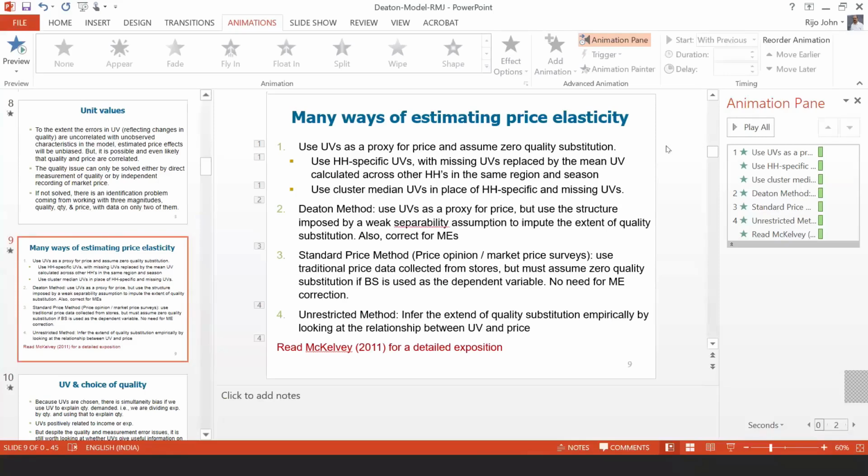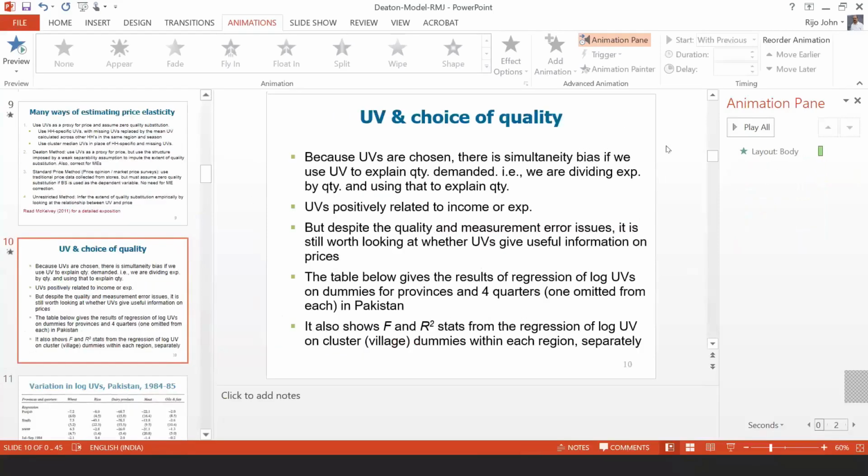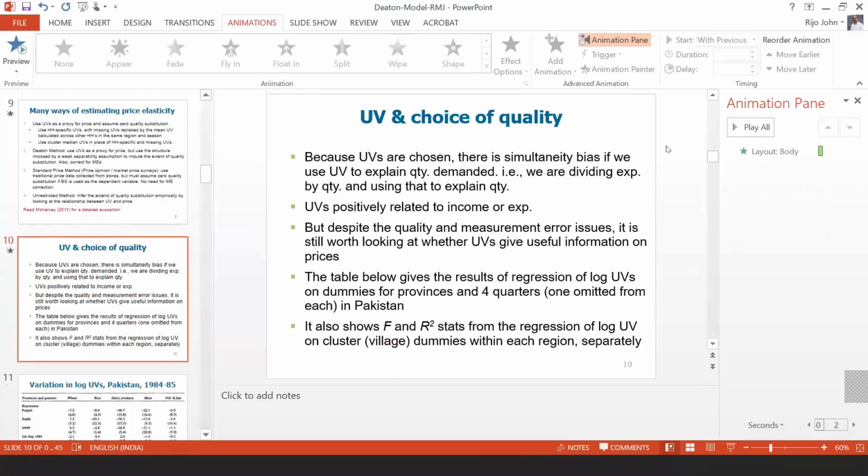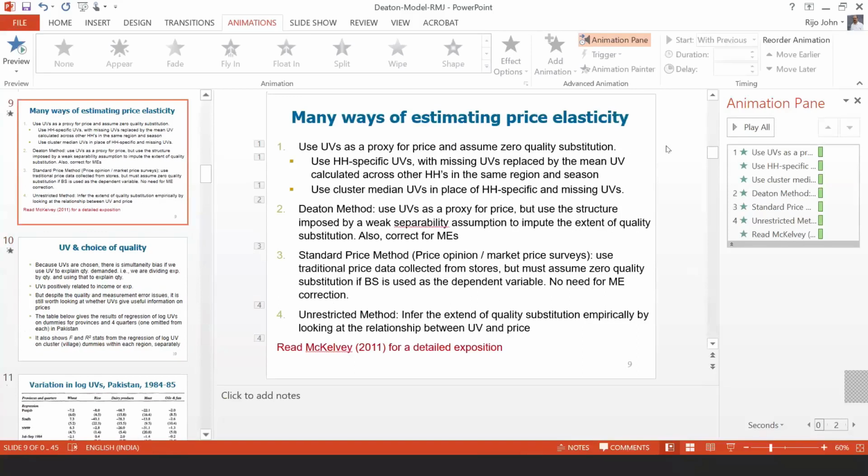This paper gives a detailed exposition of the different methods used here, and brings out the relative merits and demerits of each of these methods. So you might want to take a look at that paper. So let us focus on, so the point here is to say that,